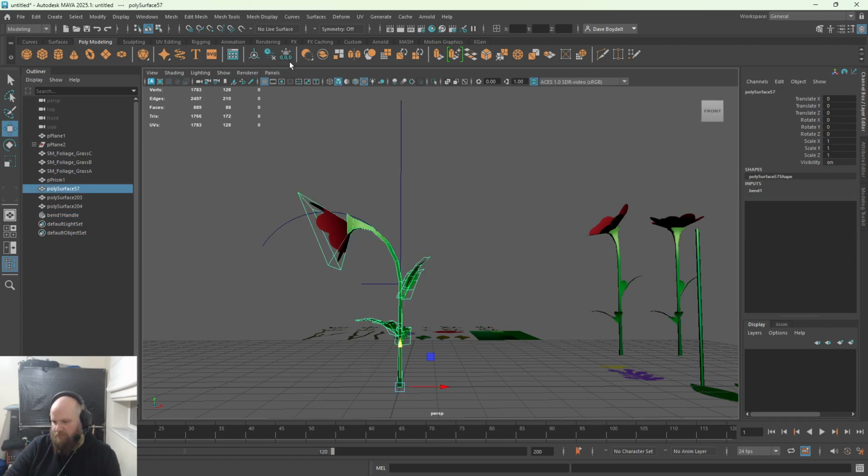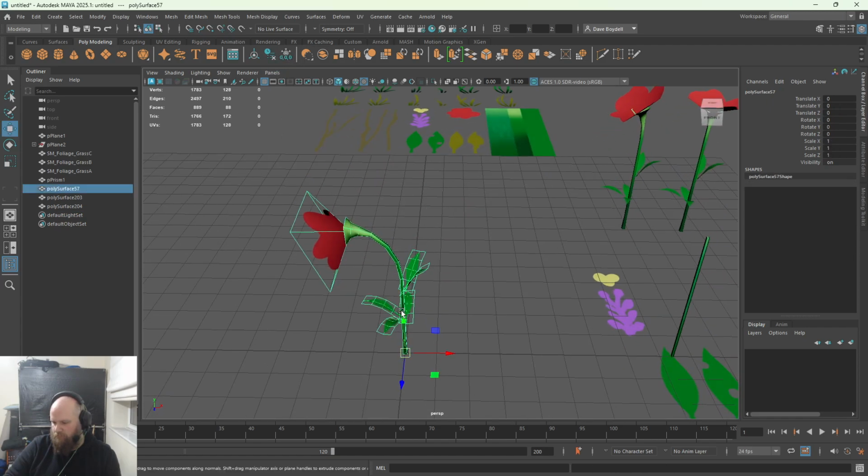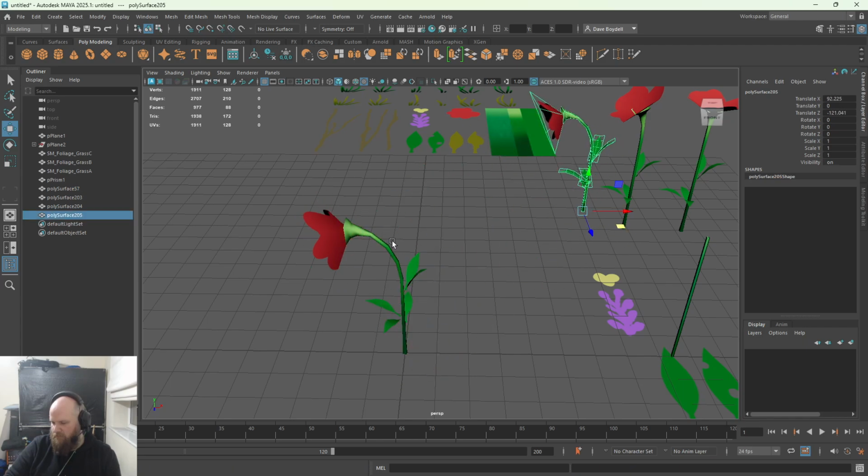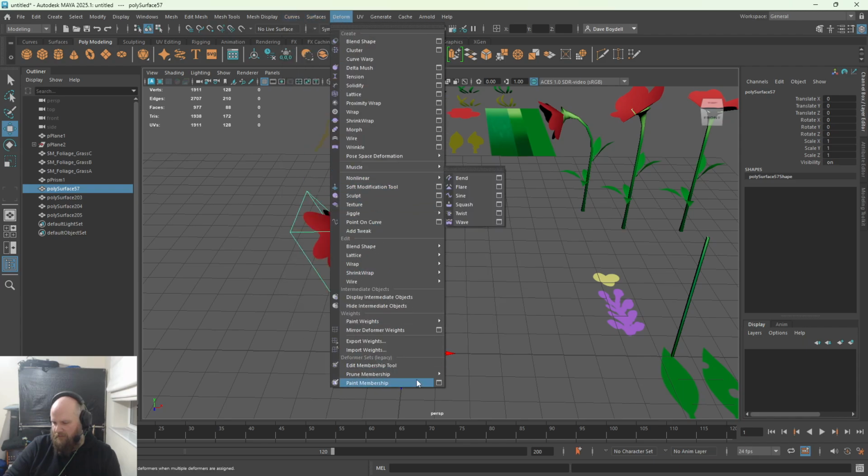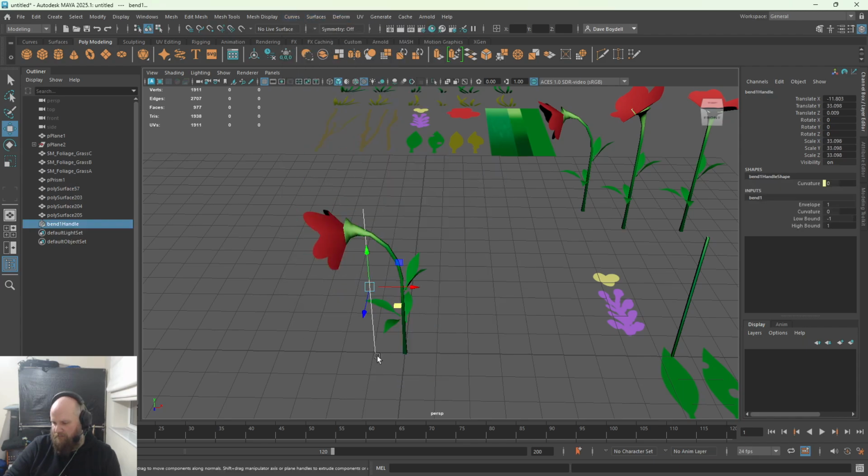And then you can delete that. Let's duplicate that because we might want to use one of those. And then the last one, I will again add a blend deformer, blend. Set to the bottom, set to the middle, low bound to 0, high bound to above 2,